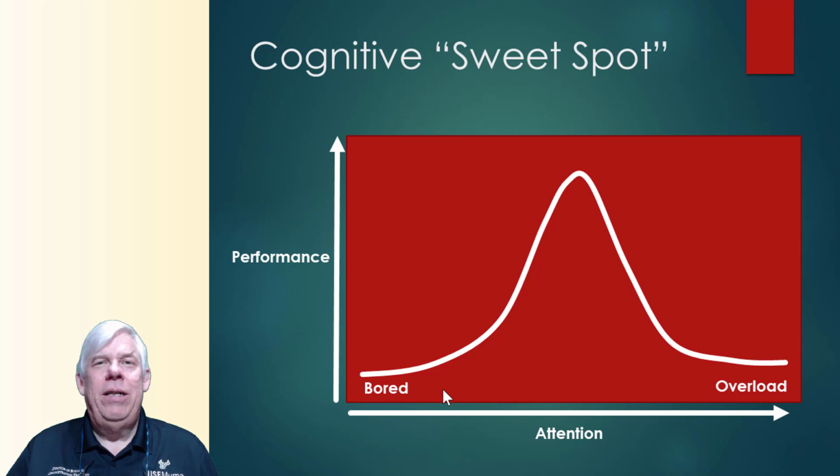So what we like to do is we like to have tasks at this peak, sometimes referred to as the inverted U curve. And one of the things that we will do when performing tasks is try to tune the task so it fits this particular sweet spot of attention. And that becomes very important when we look at how we make decisions later on in the sequence of lectures.